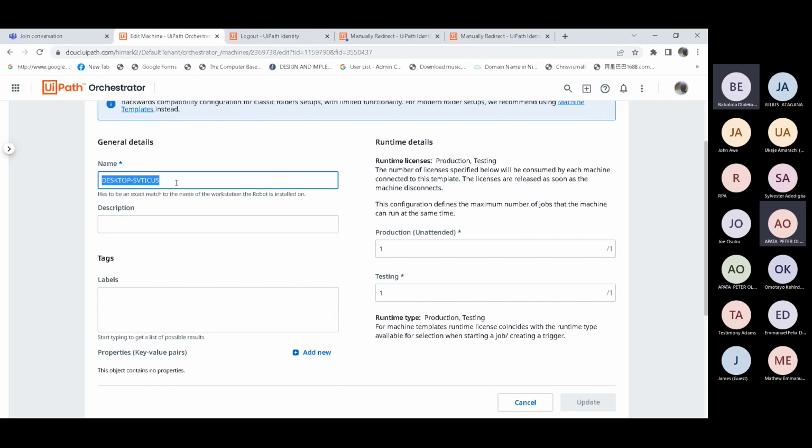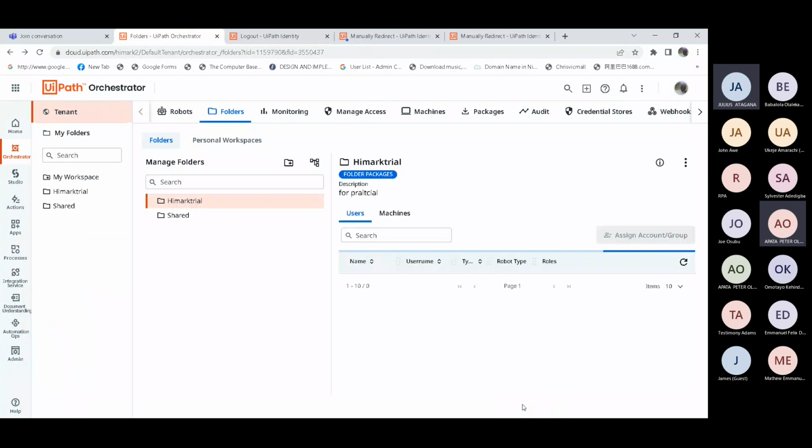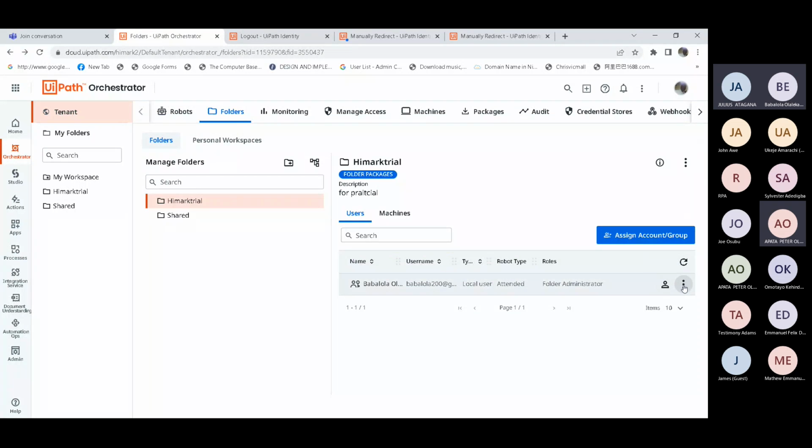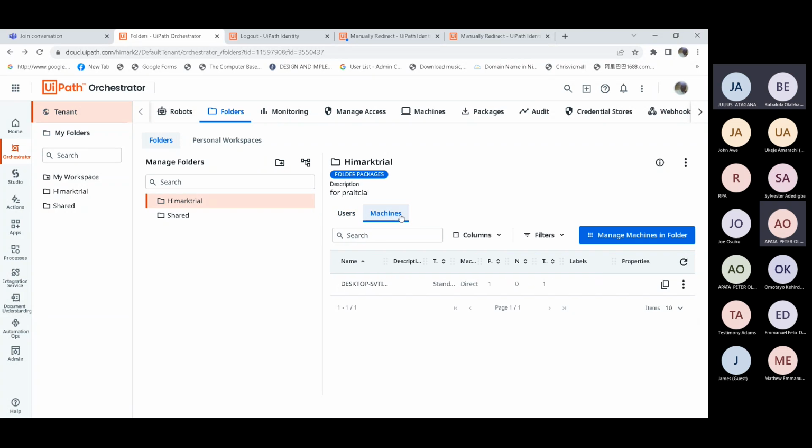It's not allowing me to change it. So what we'll do is take away this and create another machine. Okay, so I can delete it.